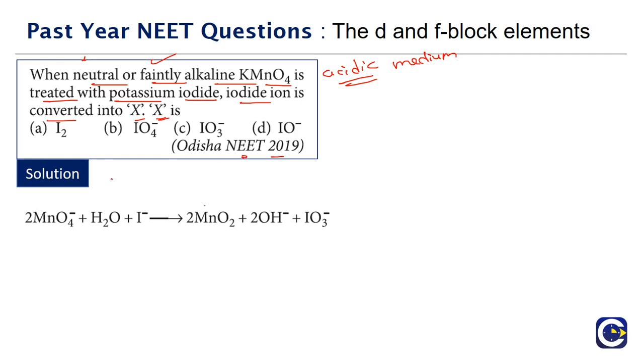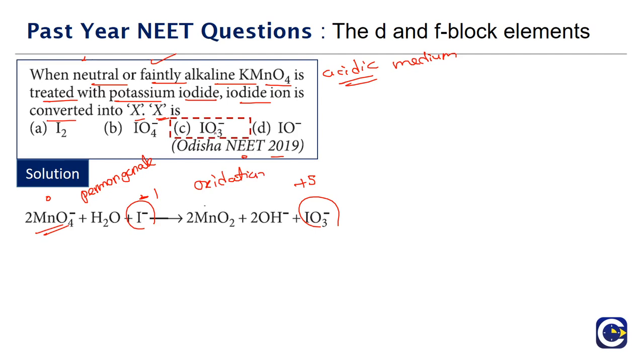So if you look at the reaction between the permanganate ion, what is MnO4 minus? It is the permanganate ion. What is the reaction between permanganate ions and I minus ions? The I minus will be oxidized to IO3 minus, because in I minus the oxidation state of iodine is what? -1. In IO3 minus the oxidation state of iodine will be what? +5. So it is undergoing what? Oxidation. The I minus is undergoing oxidation, and this happens in the neutral or faintly alkaline medium.